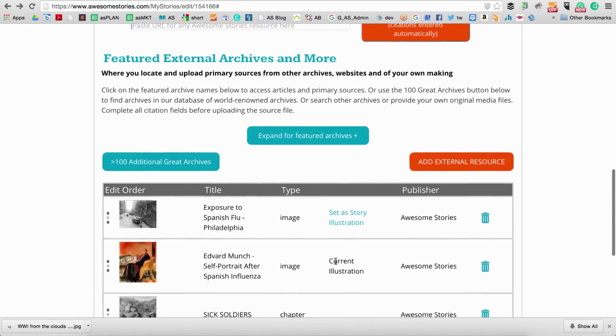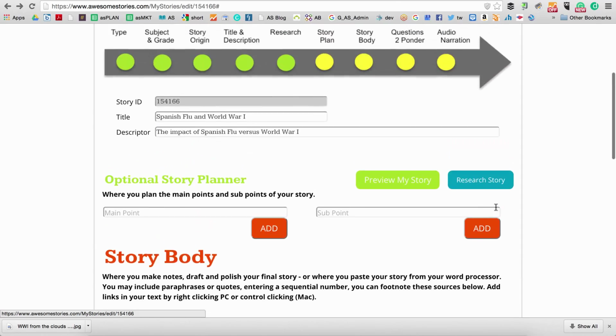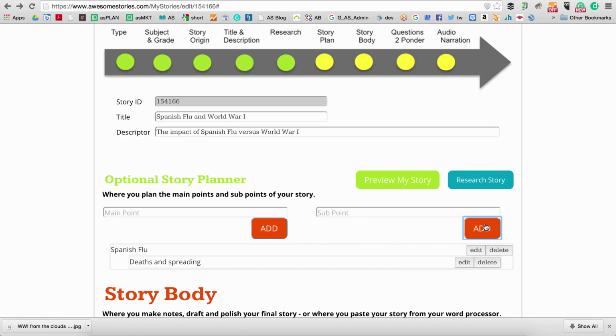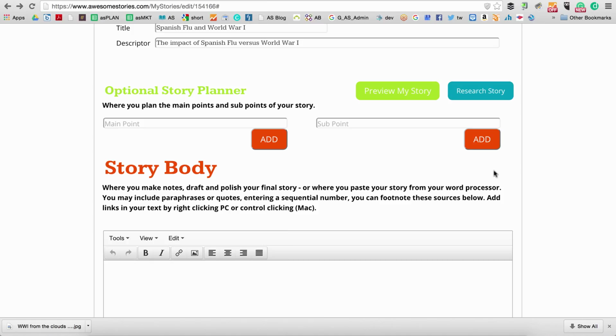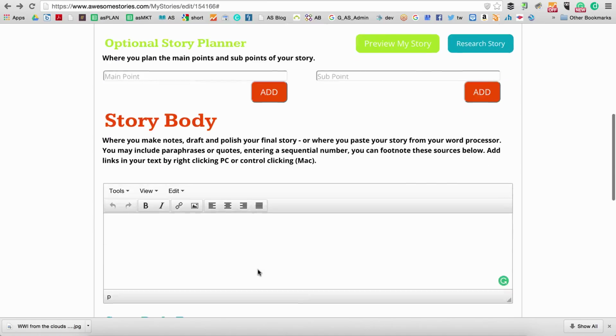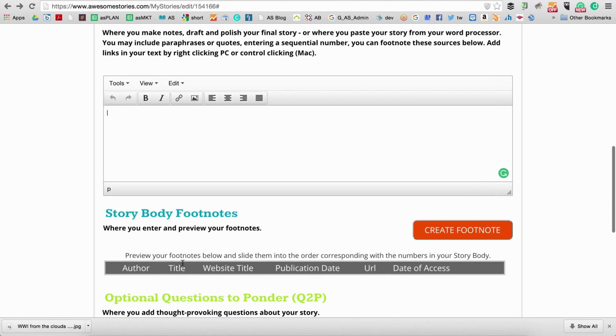So our next step is to write the story. Now, if we wish, we can begin an outline. And we can add these items, and you could organize your whole passage, or if you don't want to, you don't have to do these. Then you begin to write your story, and if you wish, you can insert an image in the story, you can insert links in the story, write the story, and if you insert images or quotes, you're going to want to number them and create a footnote,